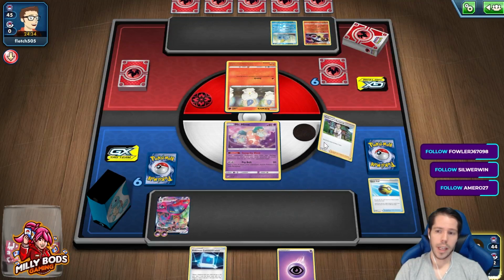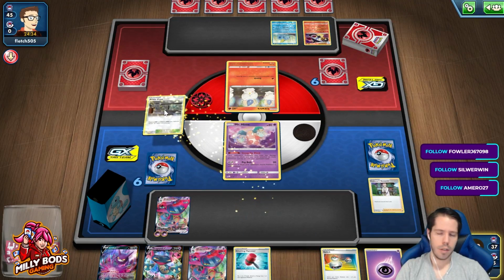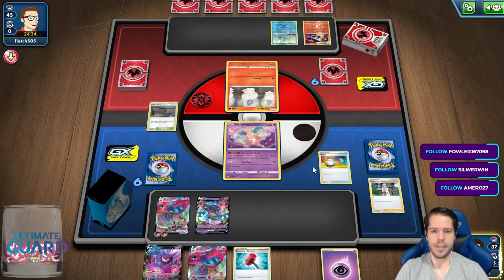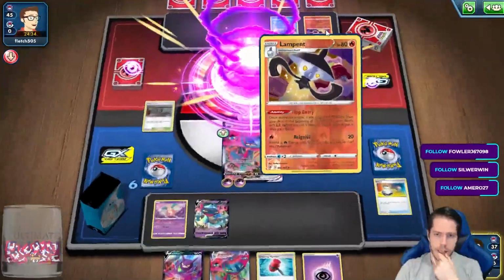And you also can't tech for everything. You just accept, like, accepting you have a bad Eternatus matchup, that's sketchy, right? That is generally very sketchy. Accepting you have a bad... I'm not gonna Crobat yet. Accepting you have a bad...